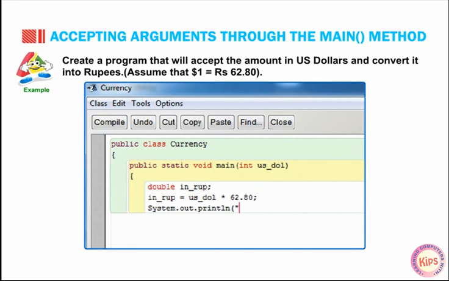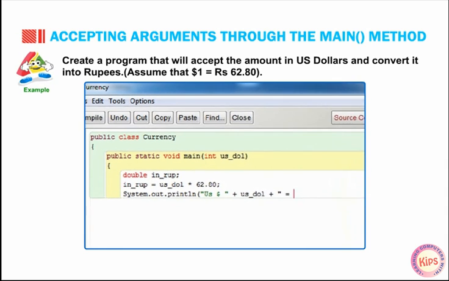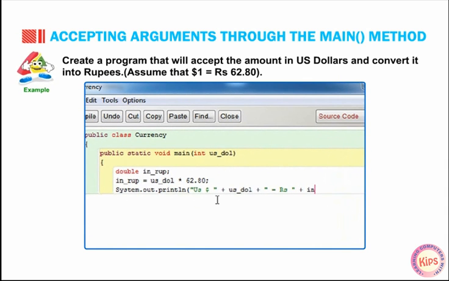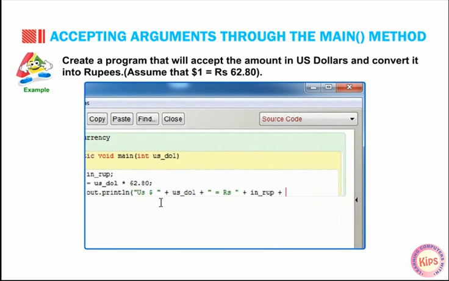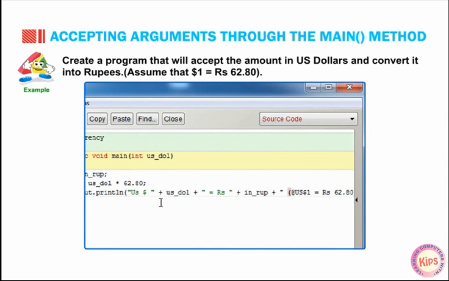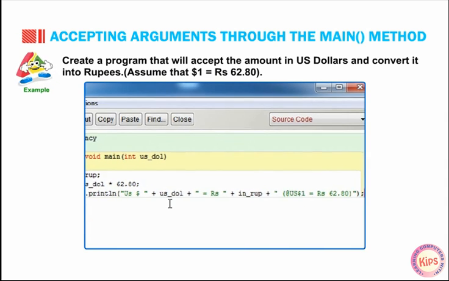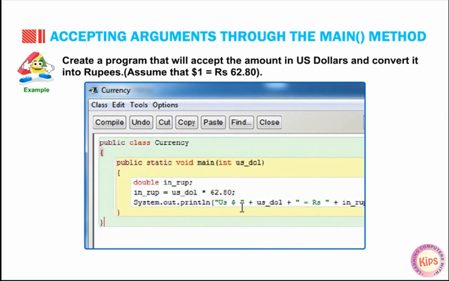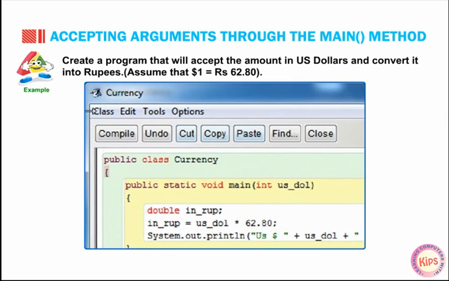System.out.println("US dollar " + US_dollar + " equals to rupees " + rupees + "\n(at US dollar 1 equals to rupees 62.80)"); } }